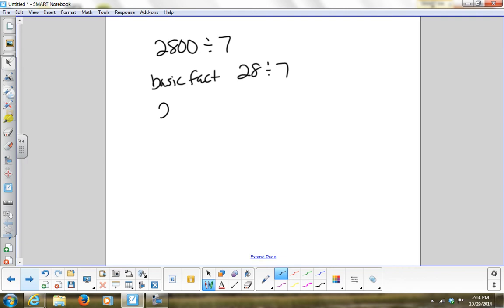Okay, and then the next line, it says 2,800 equals 28 what? 100. You just put 2 zeros. What did I just do? Okay, and then the next line is 2,800